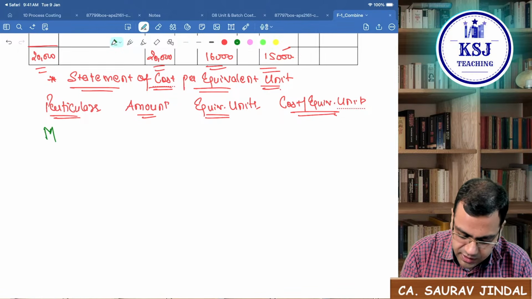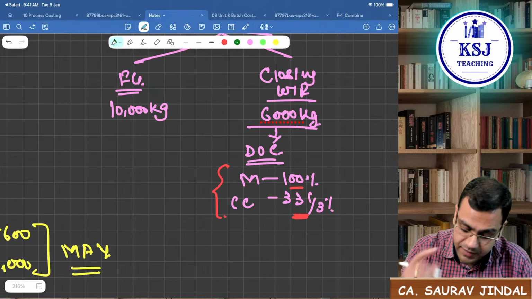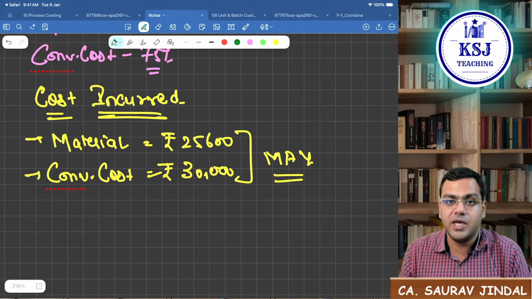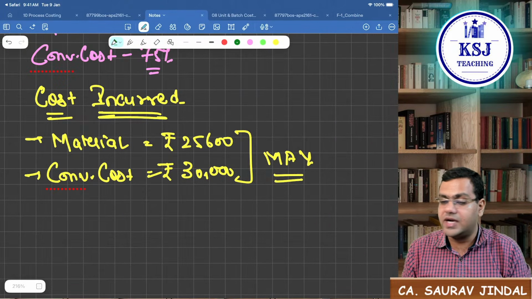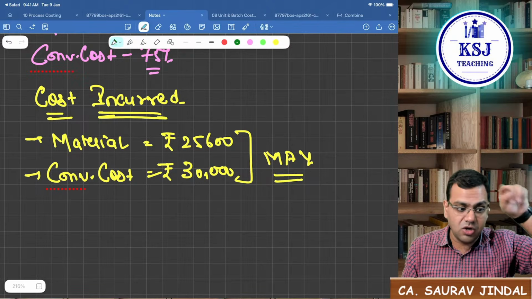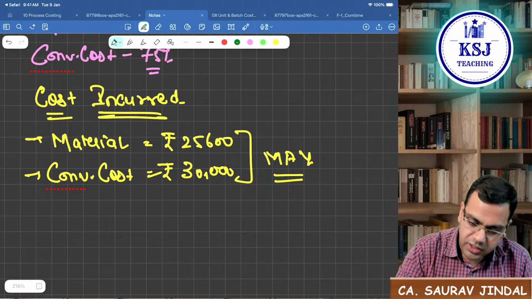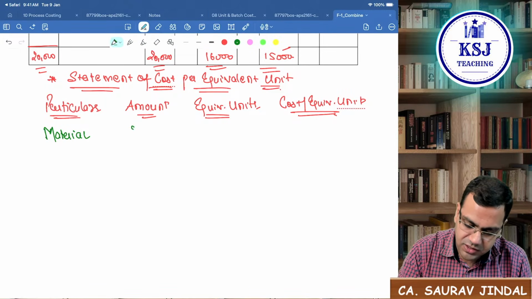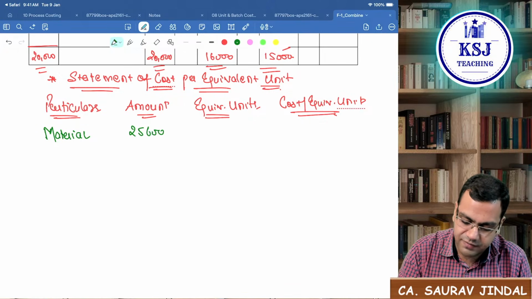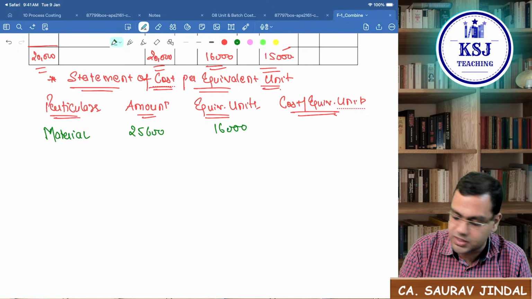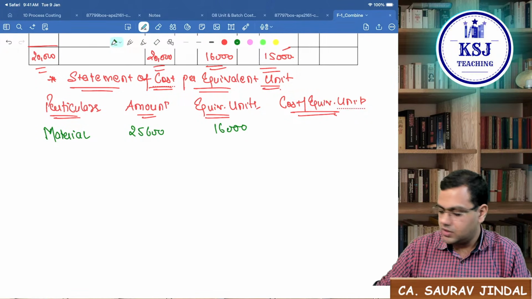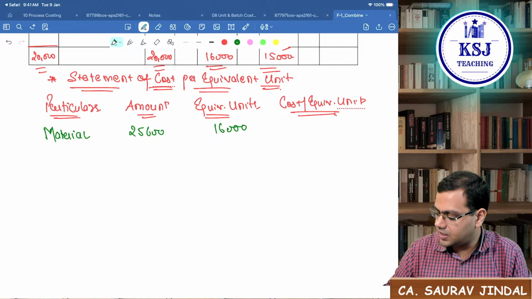Material cost is incurred. How much of the material cost is incurred in the month of May? It is given that in the month of May you have incurred 25,600, whether it is on the opening WIP or on the fresh input. So the total of 25,600 is the cost on how many equivalent units? On 16,000 equivalent units. So 25,600 divided by 16,000,